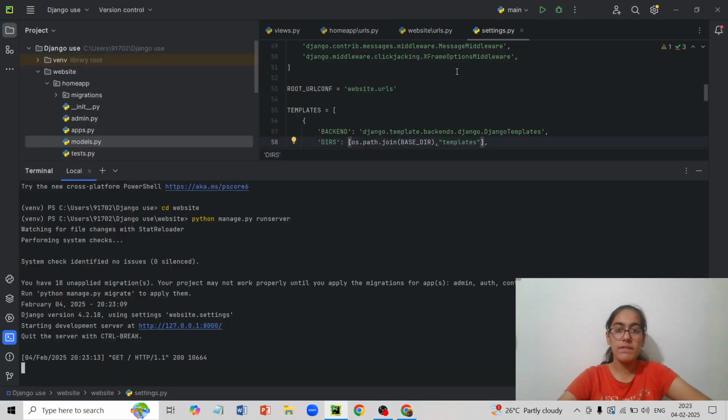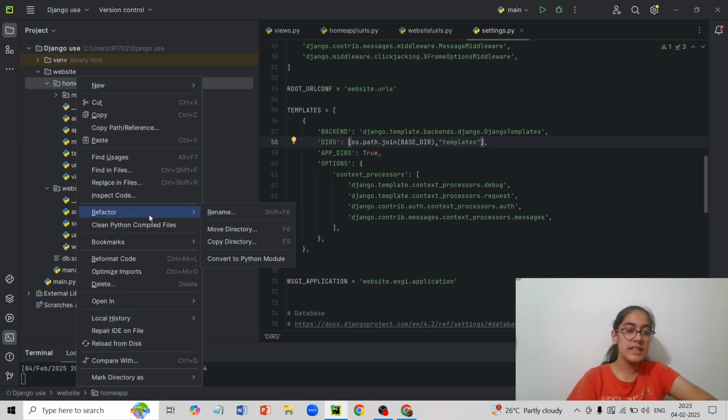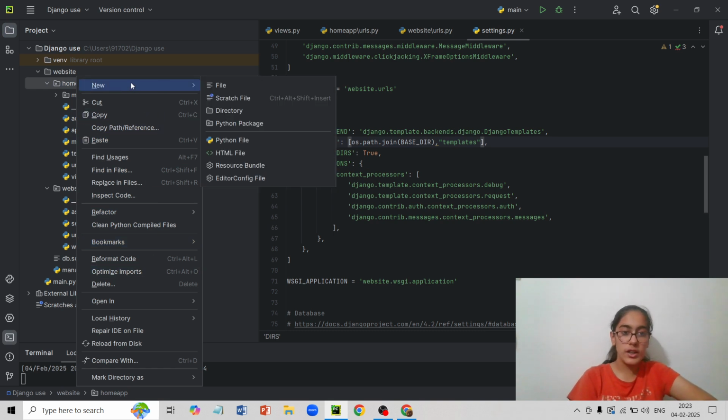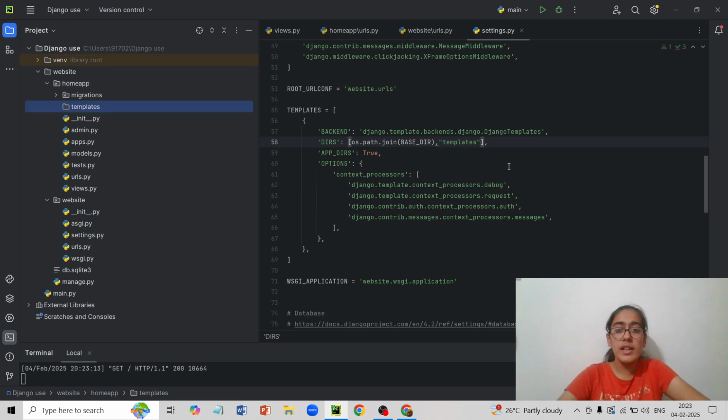Now here we have a template to be formed. So inside home app, we'll just right click once and then we get a directory. In this directory, we will create a new directory. We will name it templates, TEMPLATES. Why? Because over here also we named the same thing. If you are naming that file as total, then over here also you'll have to write in total. So whatever that file is, it should be the same here. But I'm just writing it as templates because it actually is the directory which contains all our templates.